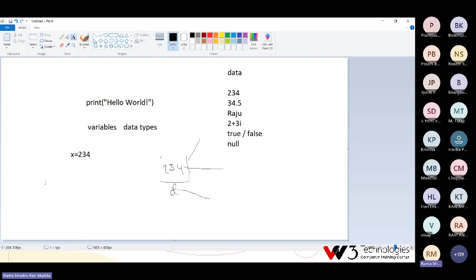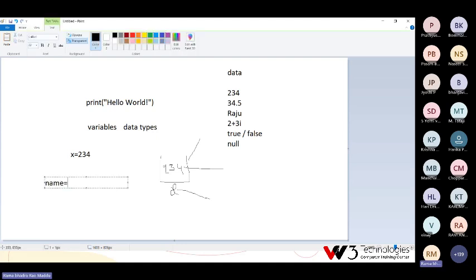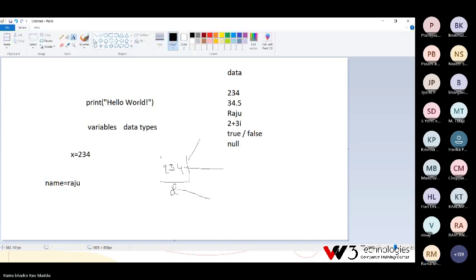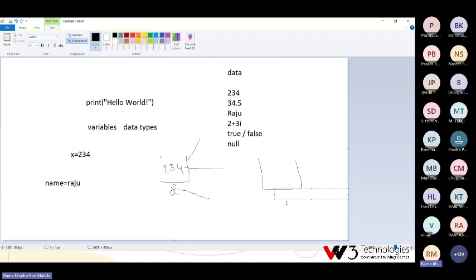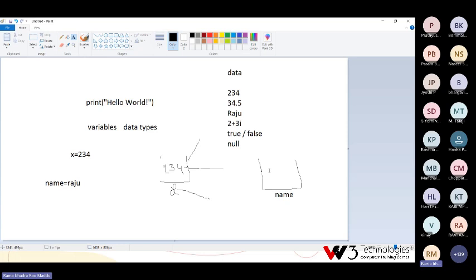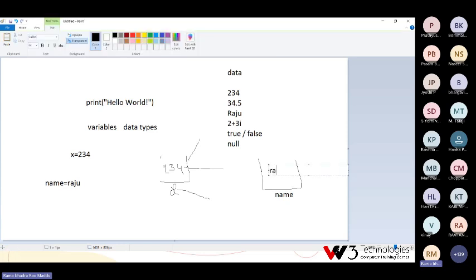For example, name equal to Raju. Now my container name is name. The container stores string type data, which is Raju.